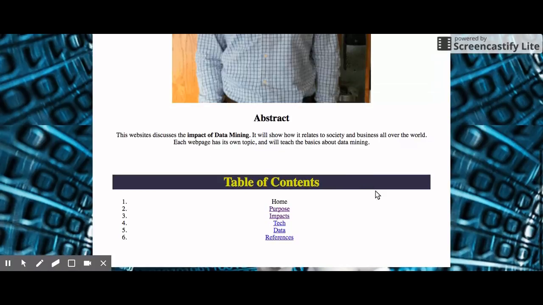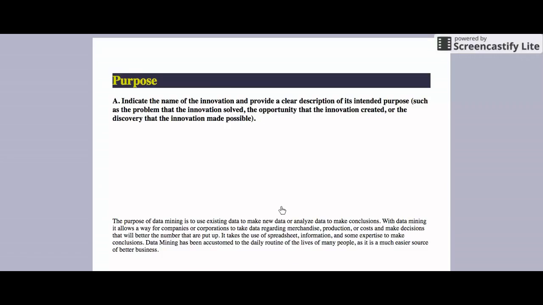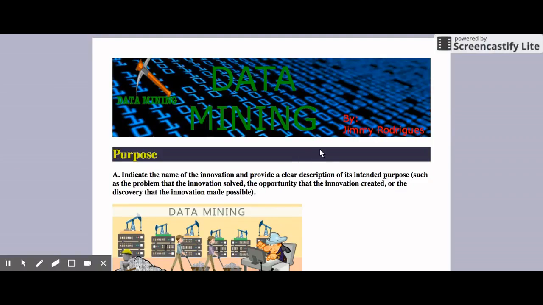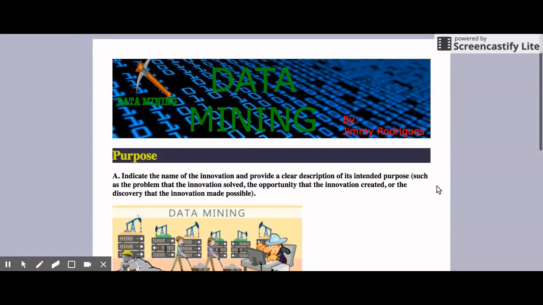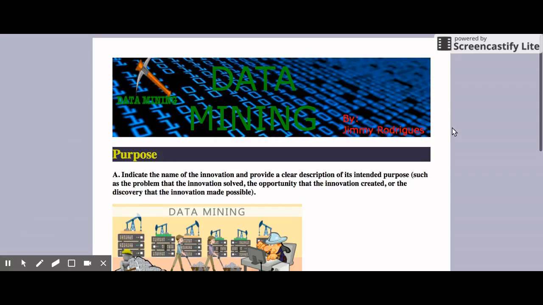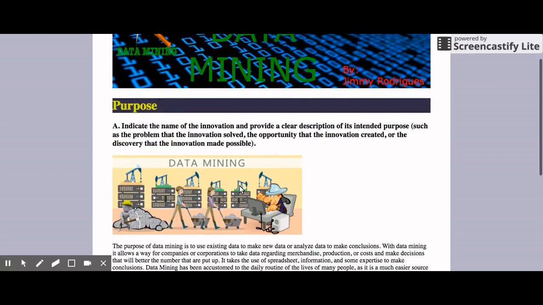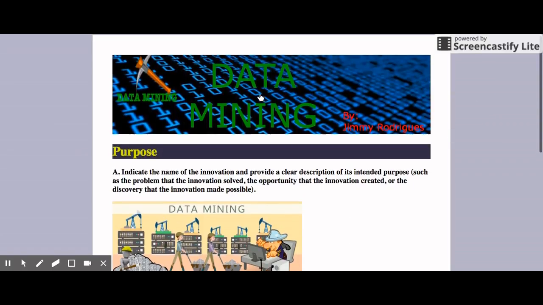The first page we're going to visit is the purpose page. Here we have a banner that was once again created through Pixlr. The style of the web page is done through CSS, cPanel. I made a style sheet and used that to dictate the colors of the background and the setup of the page. We used cPanel and the HTML